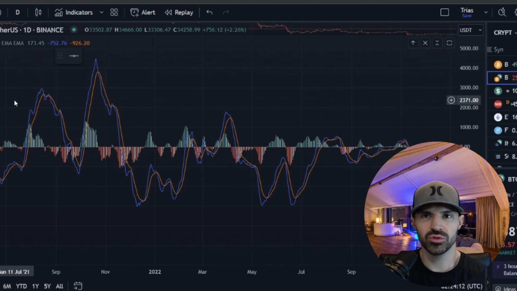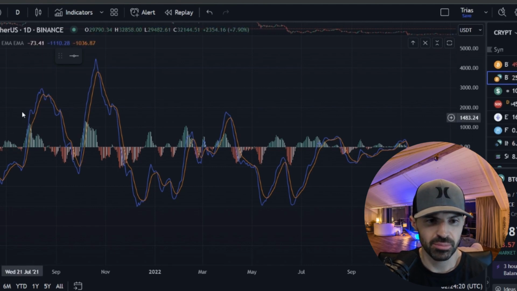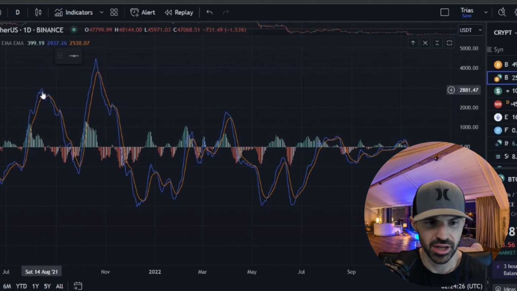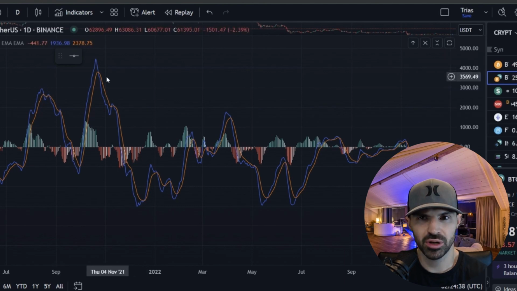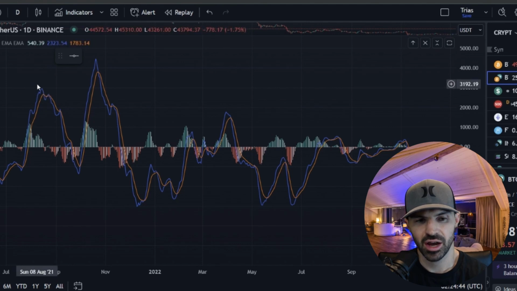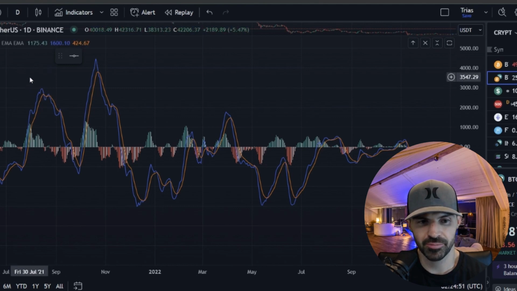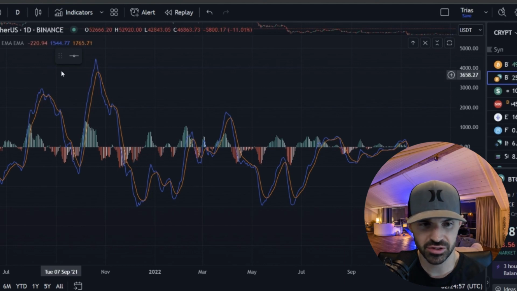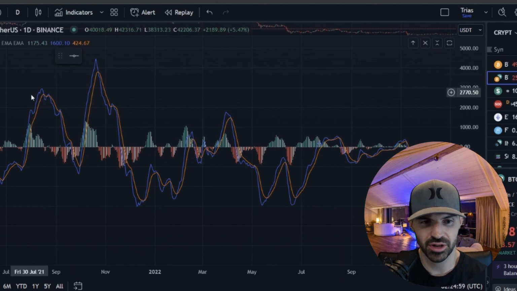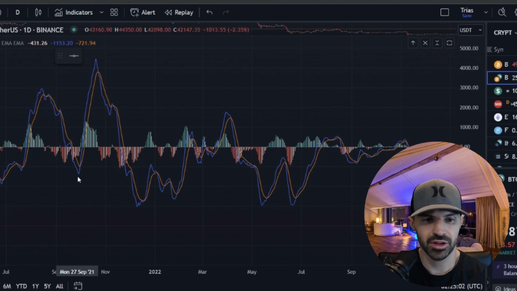Okay, so how do you use the MACD indicator as a trader? Basically, when the blue line breaks below the signal line, the red line, that is indicating that there will probably be a high probability that the momentum is slowing down, and price might be a reversal, or there will be lower prices expected. So there could be a trend reversal, or you'll probably see the price sell off,